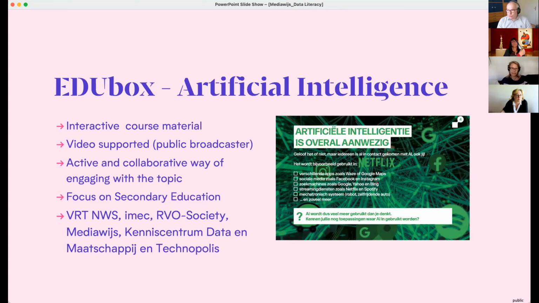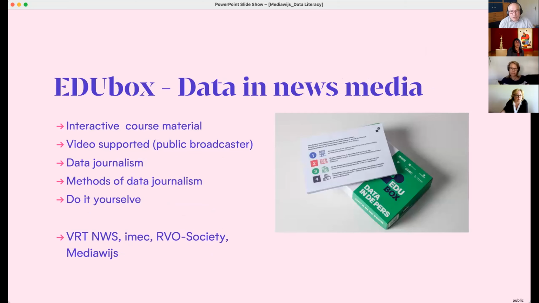By the way, a public broadcaster which in Flanders also has the obligation to work on media literacy. So it's a natural partner for us to work on these types of educational materials. We have the same EduBox on data in news media, where we work on data journalism, methods of data journalism, and we have do-it-yourself packages to become a data journalist, to integrate data journalism in some of the school tasks